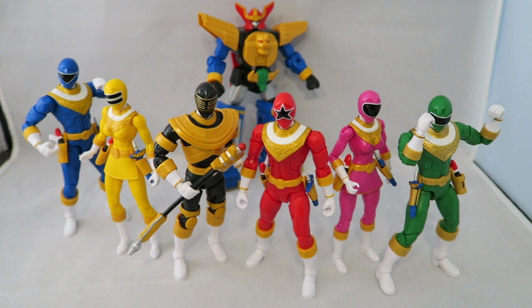It's just weird. But the reason I wanted to bring all these guys in is because the point I wanted to make about this is that these figures are really imperfect, and you can definitely see that just from me going over the girl Zeo figures with some of the proportions and stuff, and again, very, very imperfect. But it's really cool to have a full team of well-articulated Zeo Ranger figures. Again, we could very well get something like this during the Hasbro era, and I'm going to assume so at some point, however long it takes. But for right now, I don't know how long it'll take, and even though they're not perfect, they're not my absolute favorites, I'm not over the moon like, you need these, but it's still cool to have this team of articulated Zeo figures, mainly because they were one of the teams in the absolute most need of better updated